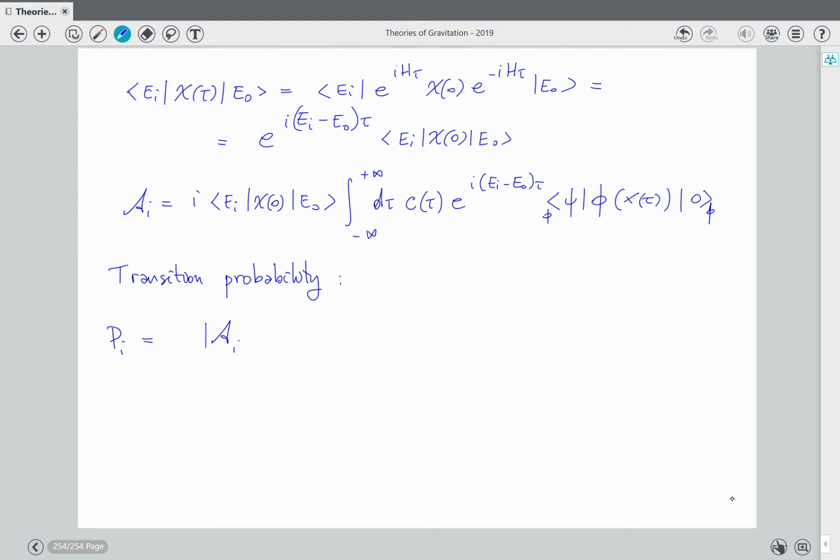It will be the squared modulus of the amplitude, but actually, since we are not going to observe the final state